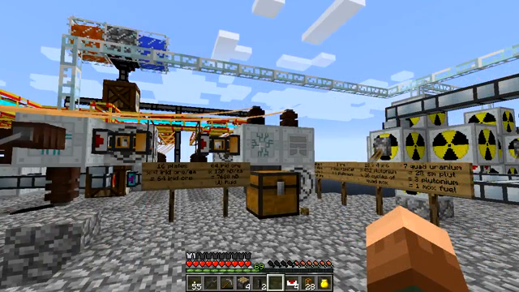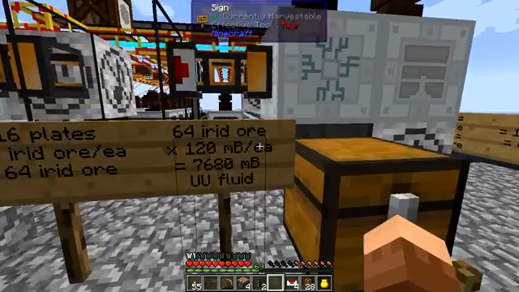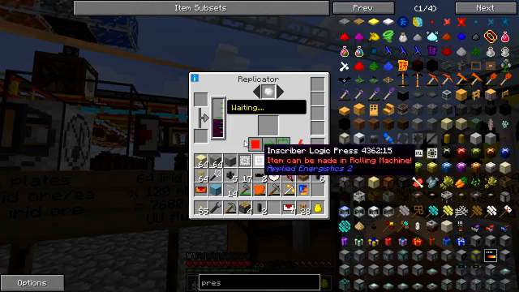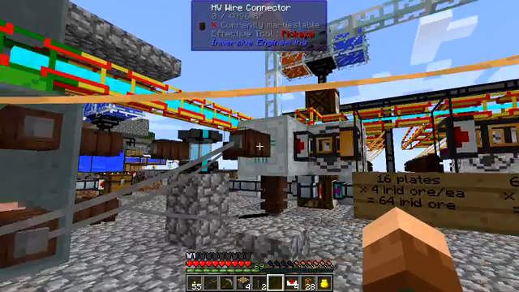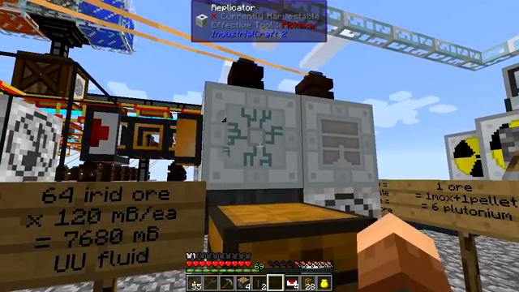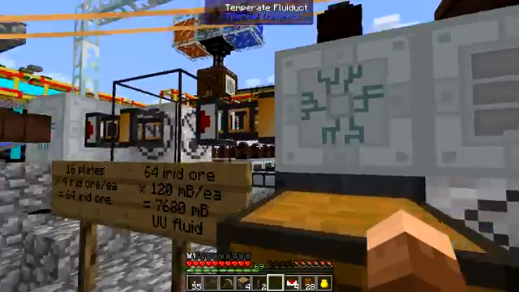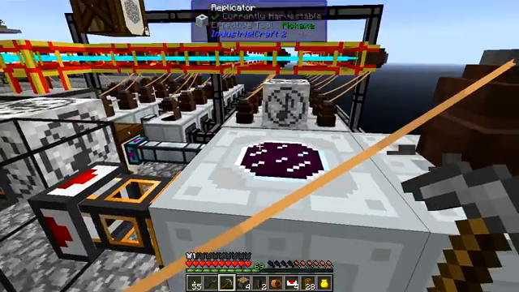Alright, let's check in on the UU matter levels, and 7,632. Almost there. Okay, so within the last 50, so I'm going to call this a success. So at this point, let's figure out what we need to do to start tapping the UU matter and activate the replicator process. So this is going to need just a metric ton of